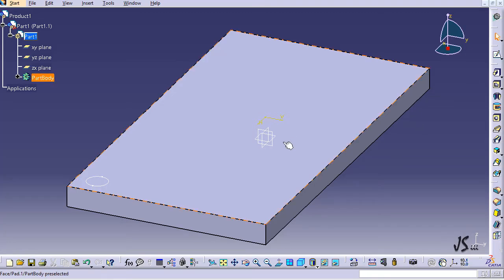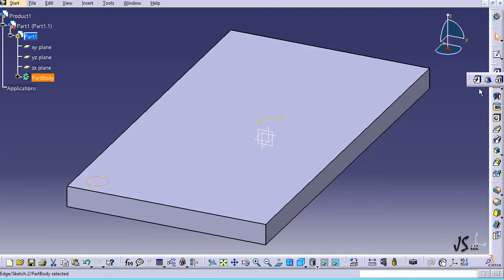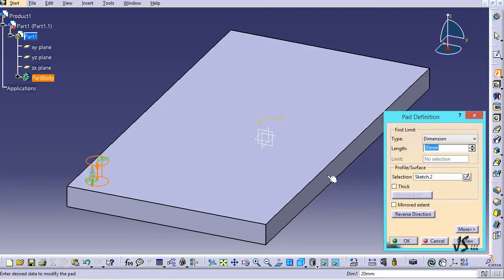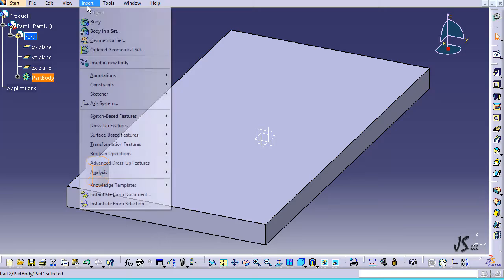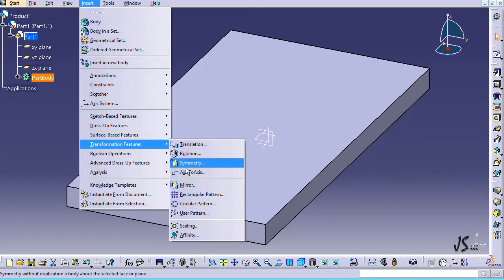In this section, I'm going to show you how you can explode your pattern. And exploding is very important. Let's say that I have this circle here as a sketch. I'm going to give it a pad like this, and I'm going to go to transformation features and